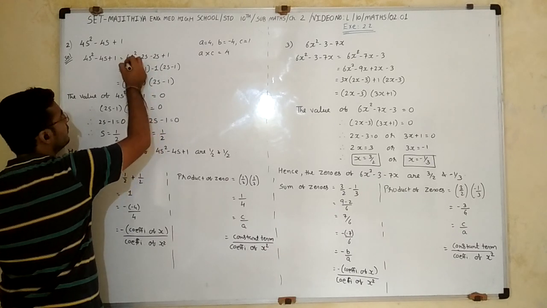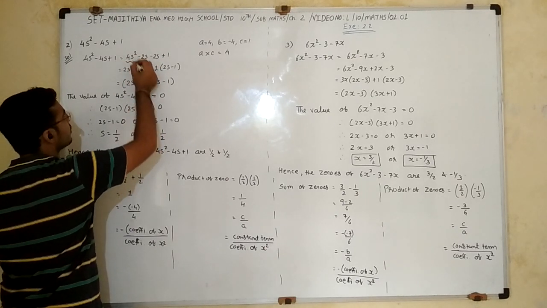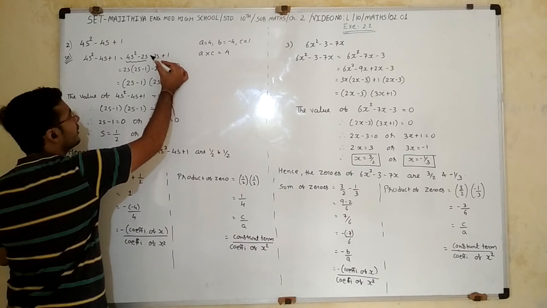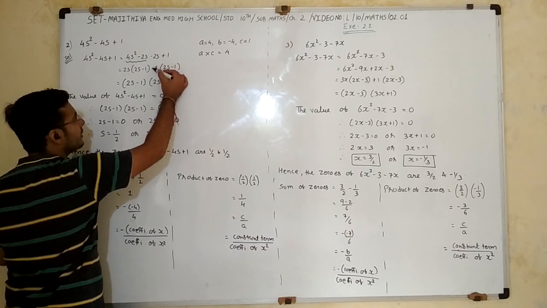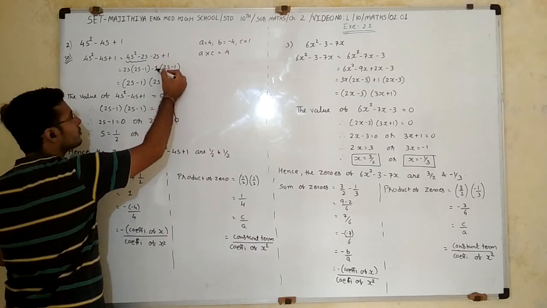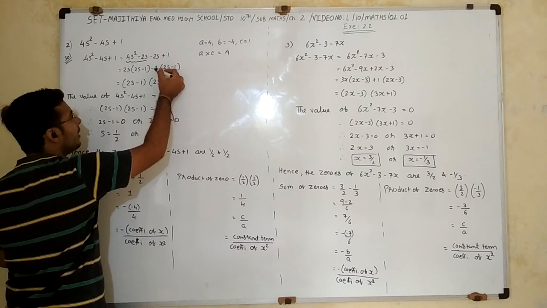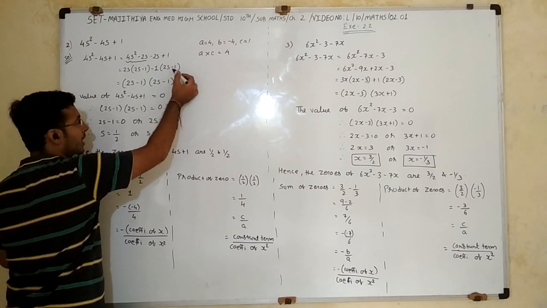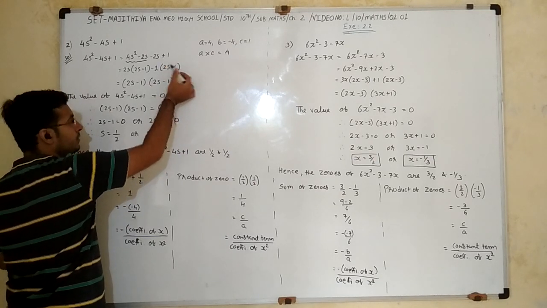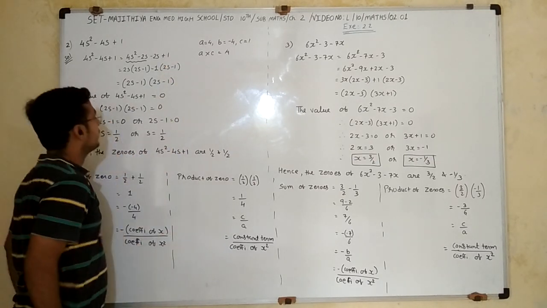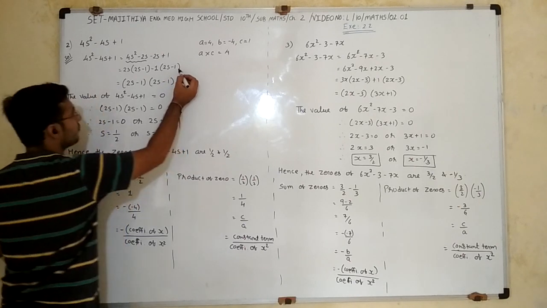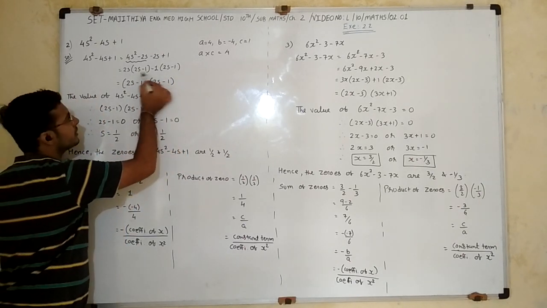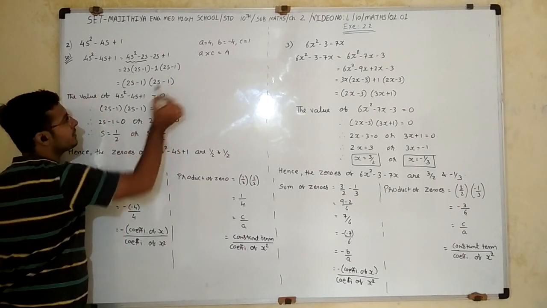Now I take 2s common from these two terms, so I get 2s − 1. Here there is a minus sign, so I take minus. Now nothing is common, so take 1. If the sign here is minus and the last term is plus, it becomes minus; if it is minus, it becomes plus. So I get 2s − 1. Now 2s − 1 is common, so I get 2s − 1.